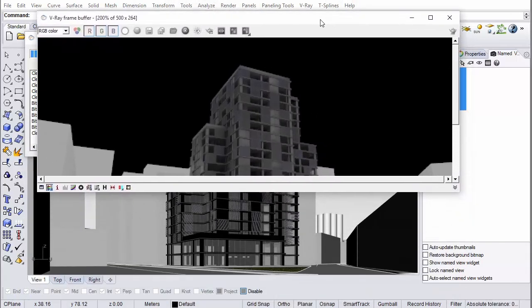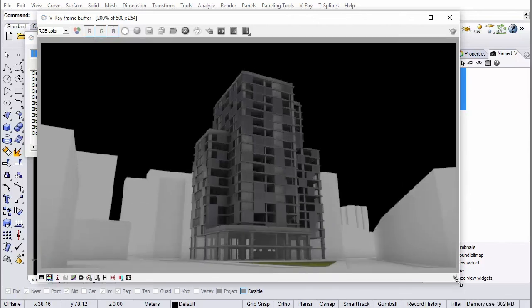Now, what you see here is still missing proper reflections. The glazing looks black because obviously it's reflecting a black sky. It looks a bit better down here when it's reflecting things around it, but we still have to add all of the proper lighting and just get all of the materials placed correctly and to their correct size. So those are going to be the next videos.